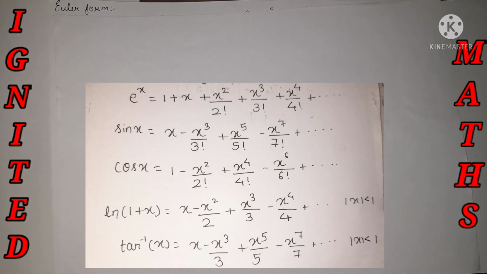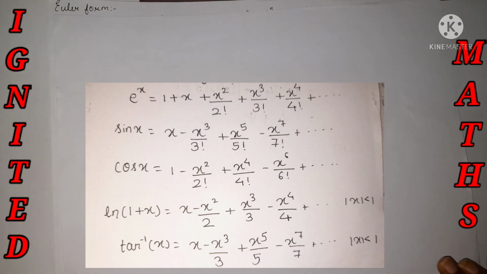So by using the Taylor series expansion, we are going to expand each and every term, and we will get the answer as e raised to i theta is equal to cos theta plus i sin theta. We are going to prove it over here. So let's get started. I'll make sure to see the expansion at the right hand side.